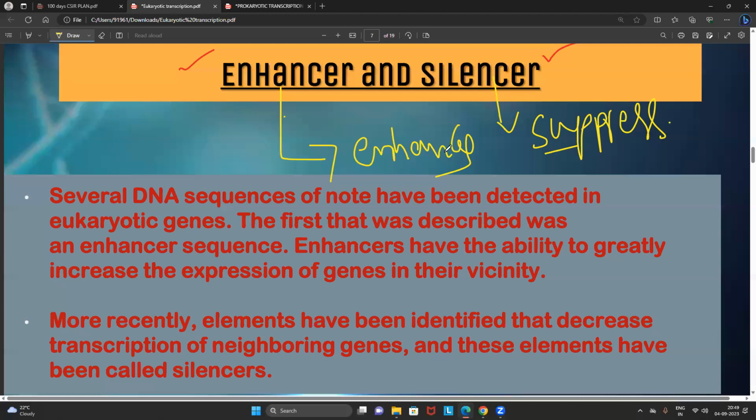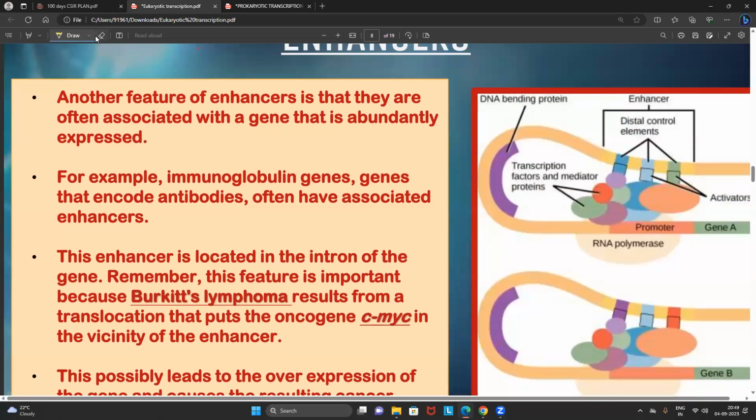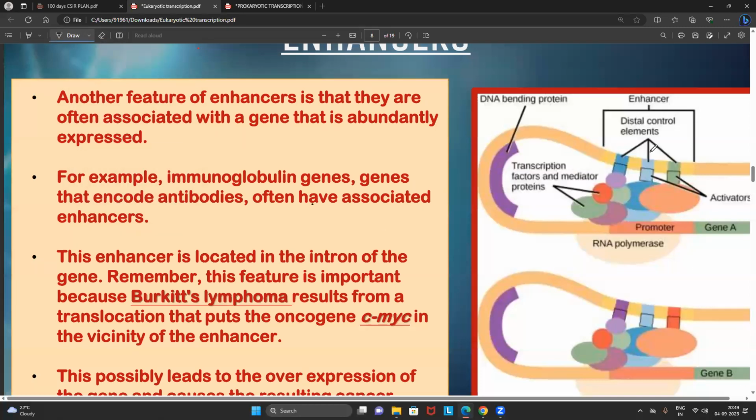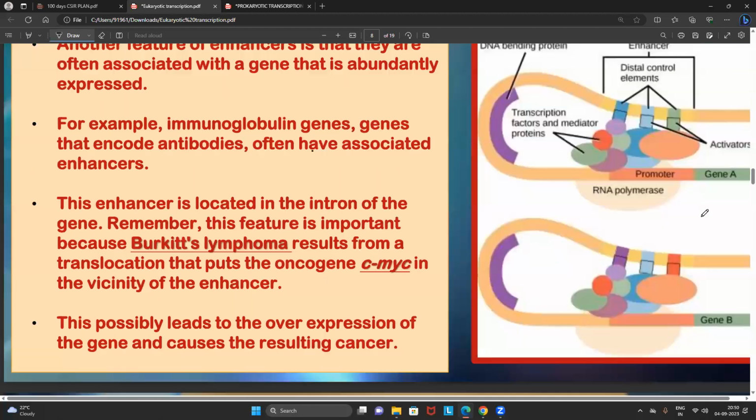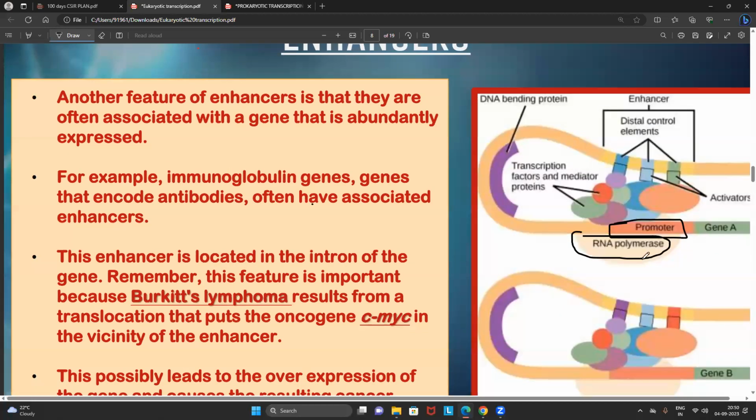Now, the question is very clear. How do they enhance the transcription? How do they suppress the transcription? All the students look into the point very correctly. Look into this beautiful picture. See, friends, every one of you listen to my statements. Don't get confused here. Just try to understand. Suppose, for example, this is the promoter, right? Correct? This is the promoter where the RNA polymerase enzyme will be present. Here the RNA polymerase enzyme will come and attach.